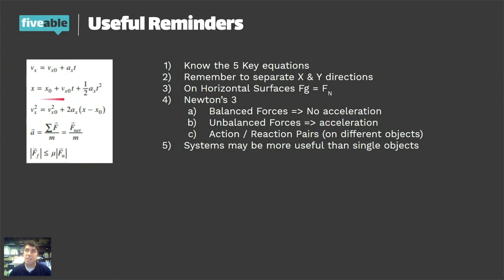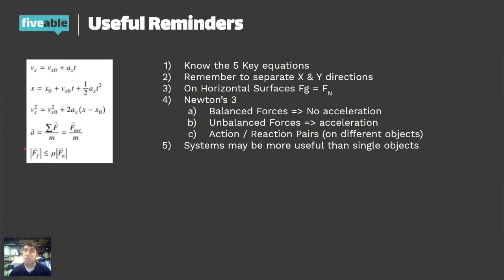This is probably the number one go-to equation for any sort of projectile motion. Finding the time an object takes to fall a given distance, or how far away from a cliff a ball will land when it's been thrown, et cetera. And then v² = v₀² + 2aΔx. This one's really useful if you don't know time and you want to do something without having to calculate time first. After we get through the 3 kinematics ones, we hit our 2 main dynamics ones, our 2